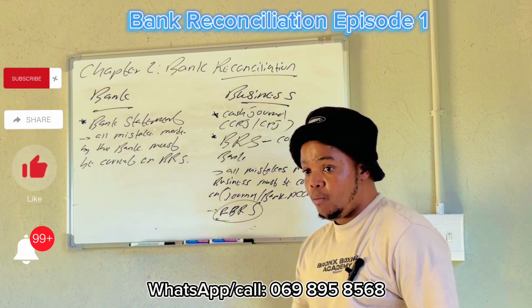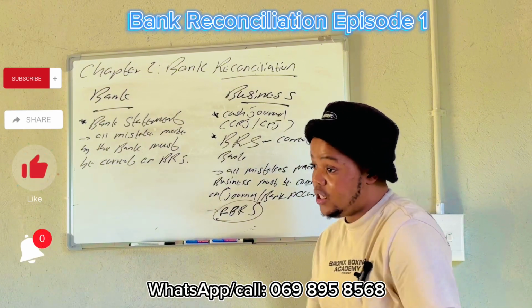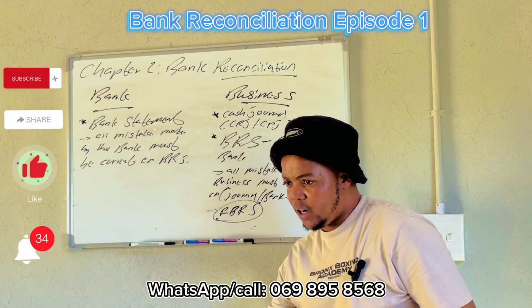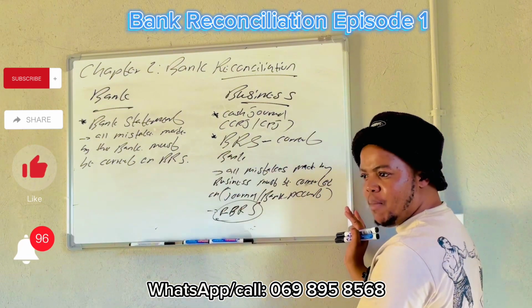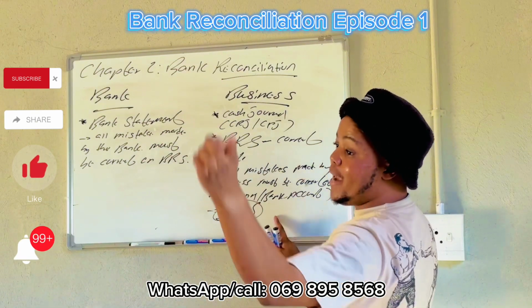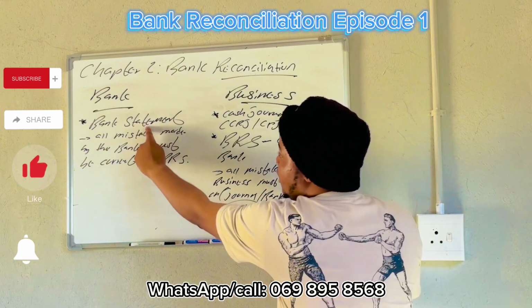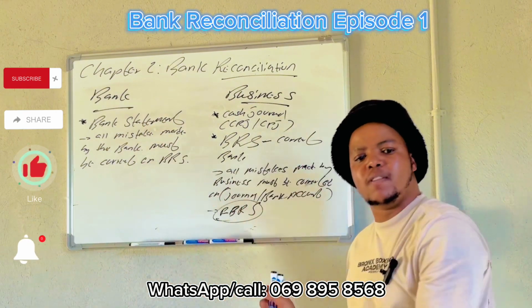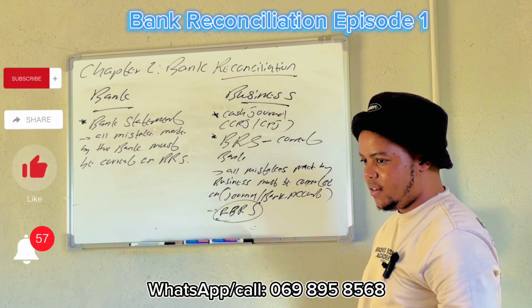So when you are comparing that, say there was a request number 2, you didn't respond on the request number 2. Are you following what I'm trying to say? So when we are busy preparing the BRS for the current month, we might also need the mistake made by the bank in the previous month, right? So that we see if this current bank statement has rectified the previous mistakes. Are we all together?